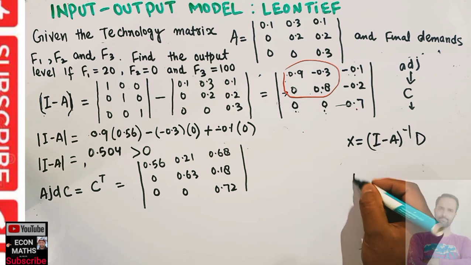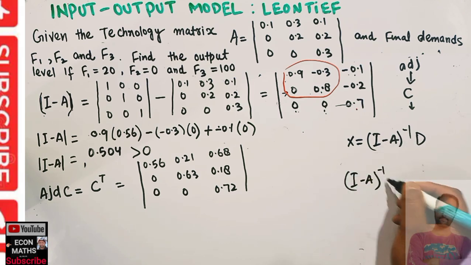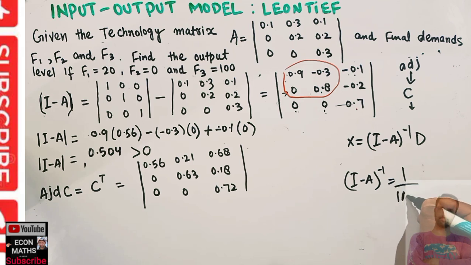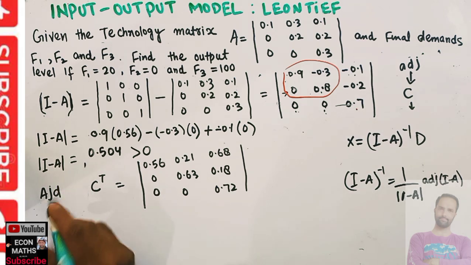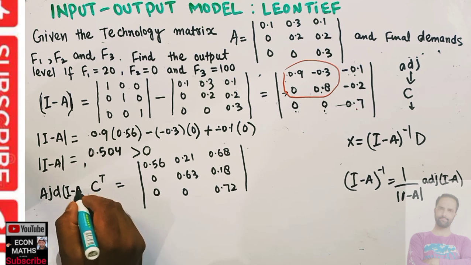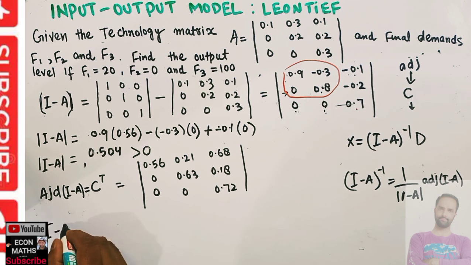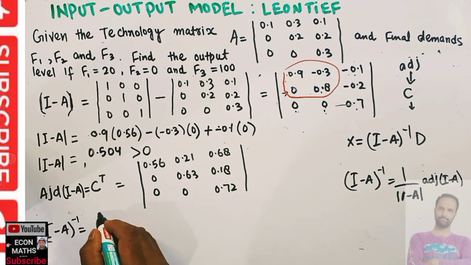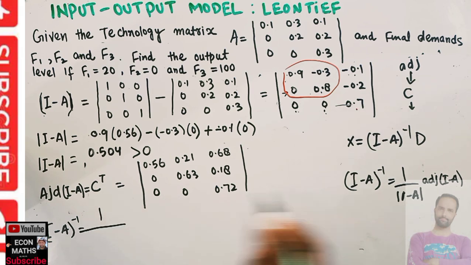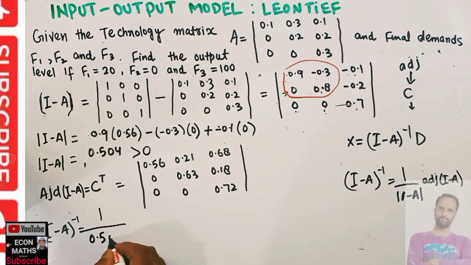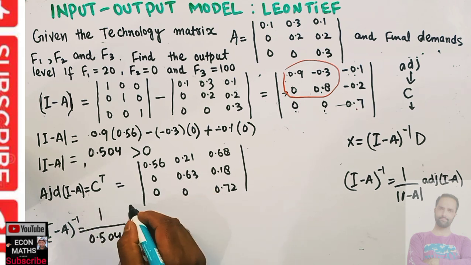Okay, to find I minus A inverse, we need 1 upon determinant of I minus A into adjoint of I minus A. Okay, and this adjoint C is actually our I minus A adjoint. So our inverse will be equal to 1 upon determinant of I minus A, which we got here 0.504, into this adjoint which we calculated,